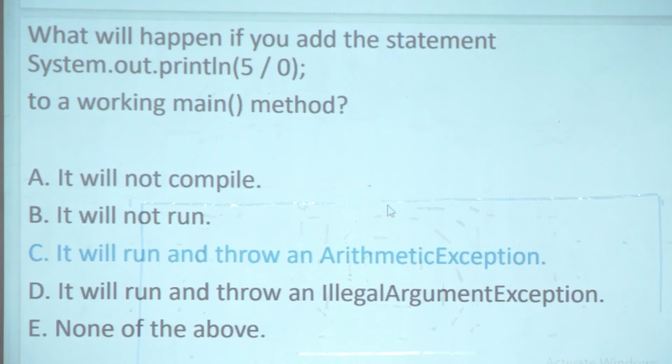This, I think, you have to give the benefit of the doubt either way. Because I would also think it will not run. What is the meaning of running? Running successfully without exception. So that won't happen. It will run, but it will throw an exception. Okay? Subject to interpretation.